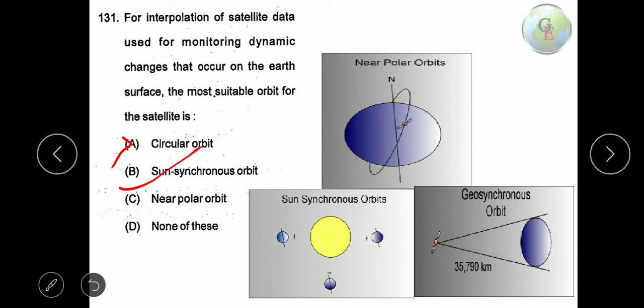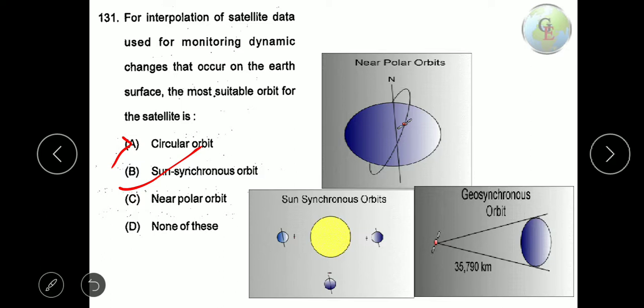So what is geostationary orbit? Geostationary orbit has a fixed position above the earth, where the object orbits the same part of the earth all the time. Means whenever it is dark, it will be overhead the same position, and whenever it is illuminated, also in the same condition, the same part of the earth surface. So this type of orbit is generally used for receiving signals from the same part all the time. So here the answer will be sun synchronous orbit.